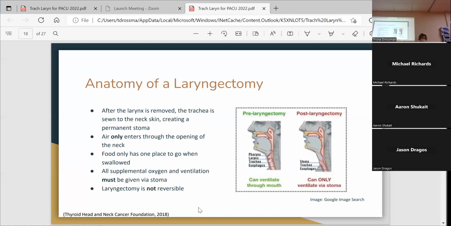Not with a trach. Trach, we're just going like this. Incision, go in there, put the cannula in, right? But this, we're moving it. Because we're moving it, it's no longer connected up here. So the only way they're breathing is through their neck. So that's the biggest, and it's not reversible. And that's important for us to know